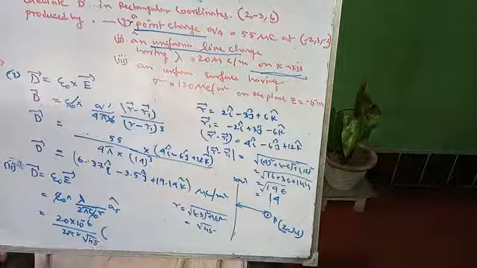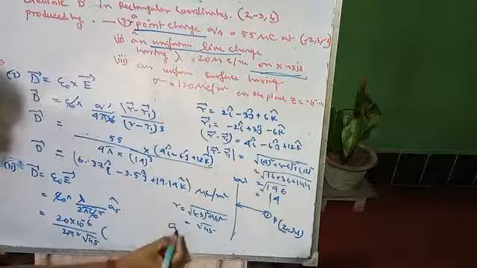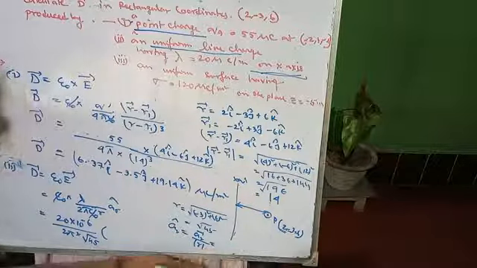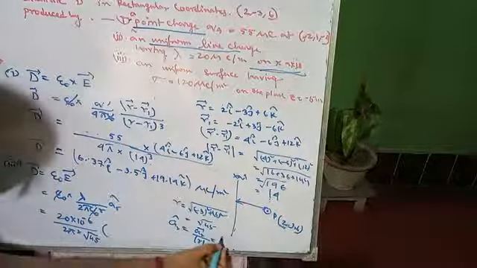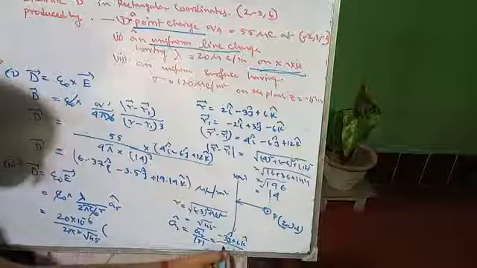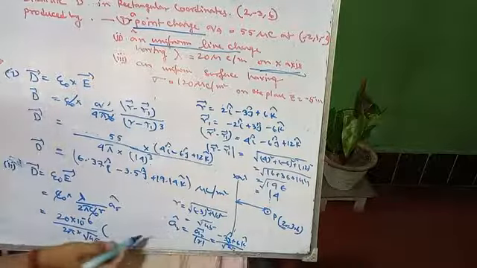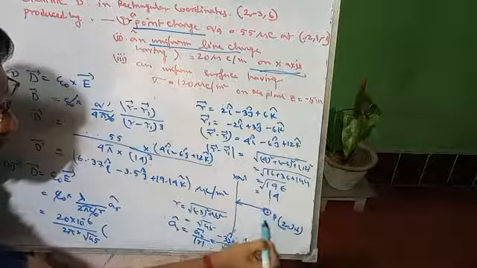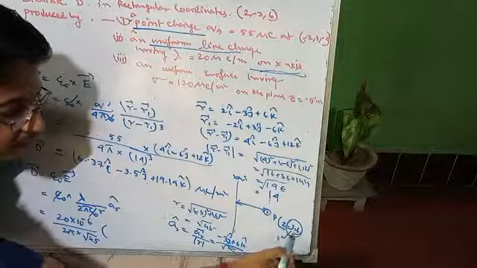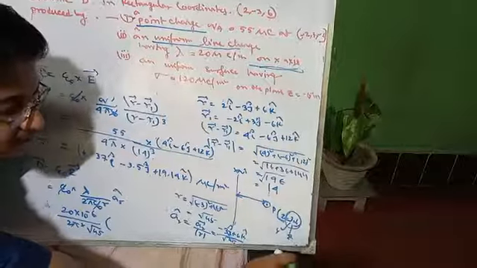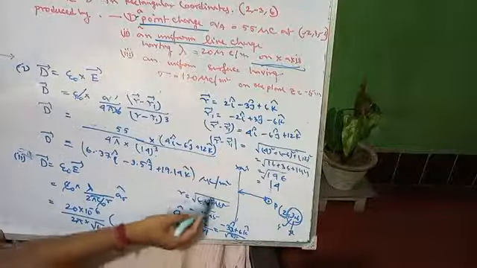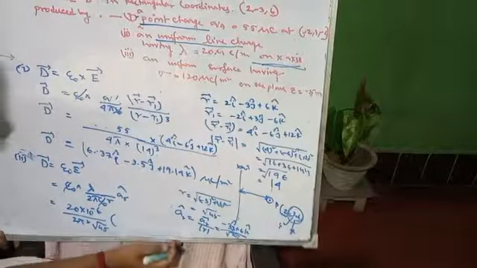And what is the direction of a_r? So a_r cap equals the a_r vector by the modulus of a_r, right? So what is the a_r vector? The a_r vector is nothing but minus 3 j cap plus 6 k cap, by root over of 45. Why minus 3? Because we are taking this length only, so you have to take these two axes, the y part and z part. That is minus 3 and 6, so the modulus is root over of (-3) square plus 6 square, which equals root over 45.